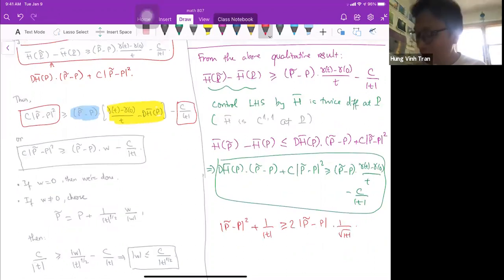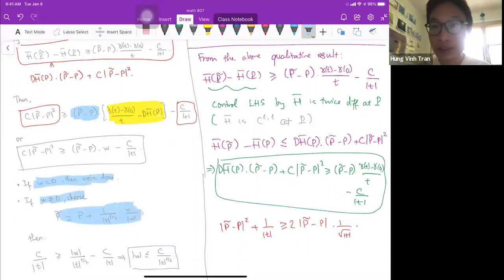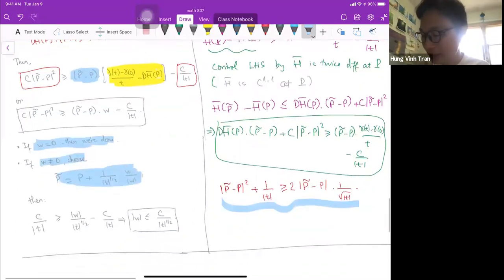So that tells me that the best I can get is that rate 1 over root t, and that's how we do it. If w is 0, then we are done. If w is not 0, then you choose it exactly in this manner, because we knew that 1 over root t is the optimal rate in this manner of Cauchy-Schwarz. And you do that, and you can see that the vector w is this one,